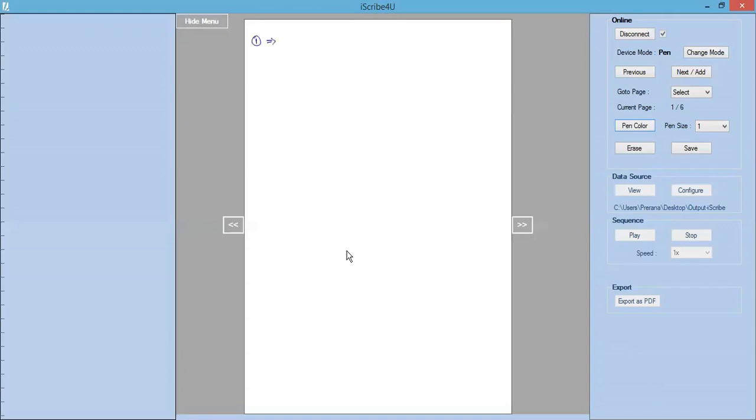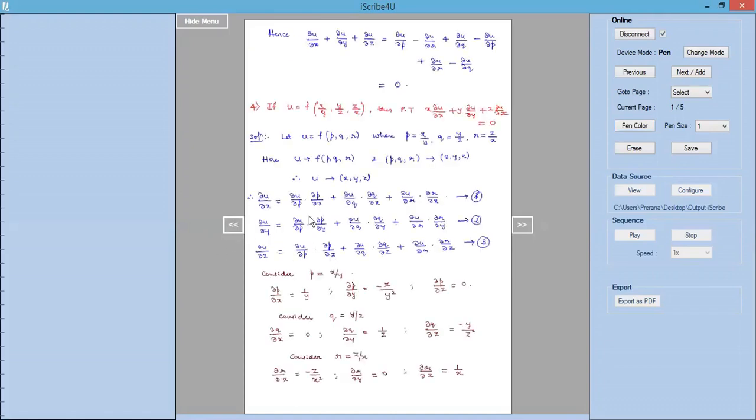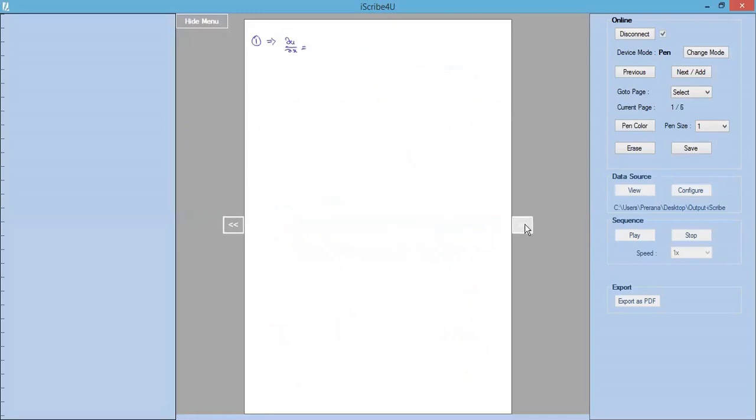So this gives us, on the left hand side, dou u by dou x, written down as it is. On the right hand side, we'll have to substitute the partial derivatives dou p by dou x, dou q by dou x and dou r by dou x. Dou q by dou x is 0, so the middle term goes to 0. So we will be having dou u by dou p into 1 by y, so we have 1 by y dou u by dou p.